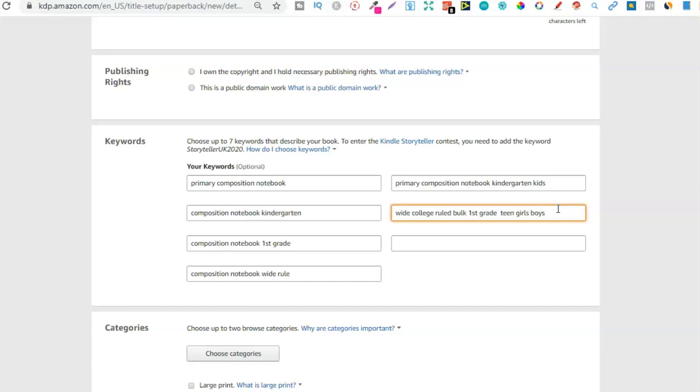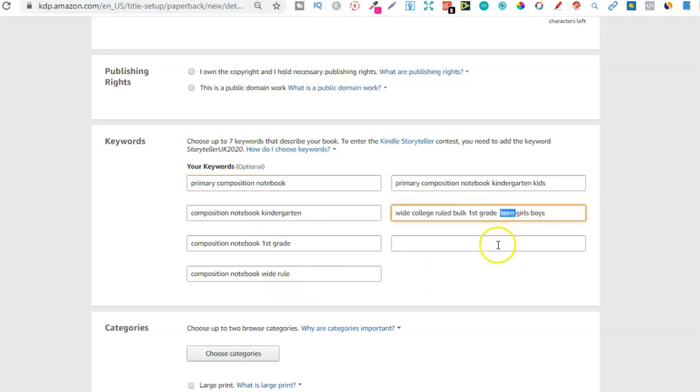Now, me personally, at the minute and for the last couple of months, I've been using a combination of both. So on the left hand side, I might have some search terms just here. And then on this side, I have all just the single keywords by themselves. Now, no matter what you put in here, Amazon is going to index them. They're not going to be indexed in order as well. So if you've got wide, college ruled, bulk, first grade, and primary composition notebook, because Amazon is actually going to index every single word here, and in no particular order,